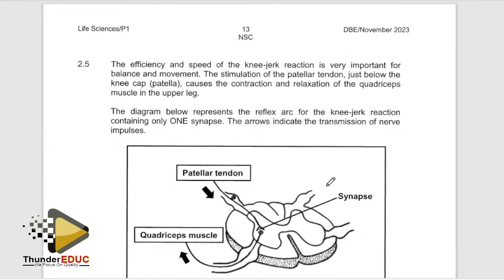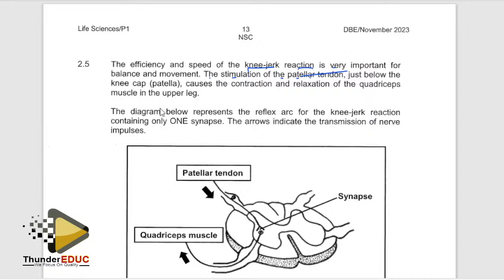They're saying that efficiency and the speed of the knee-jerk reaction is very important for balance and movement. The stimulation of this tendon just below the knee cap causes the contraction and relaxation of